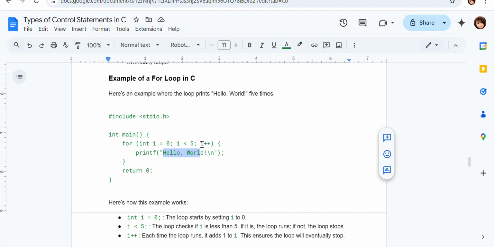Then i++, which means I need to update the loop variable. So from 0 it has to become 1, then 2, so that when this condition is reached, the loop will get stopped. You can see here, starting with i = 0, it comes here, it is a pre-increment, so it just prints hello world, which means hello world will be printed,